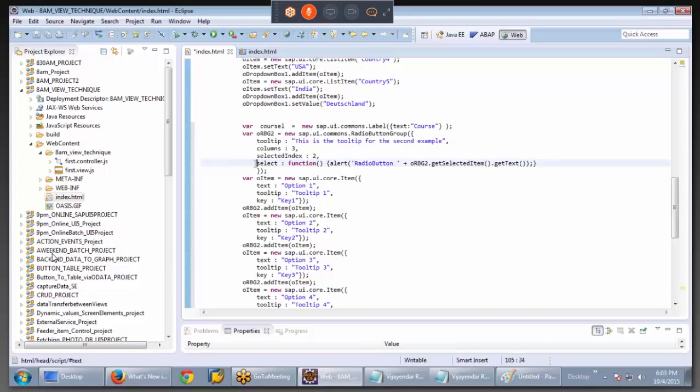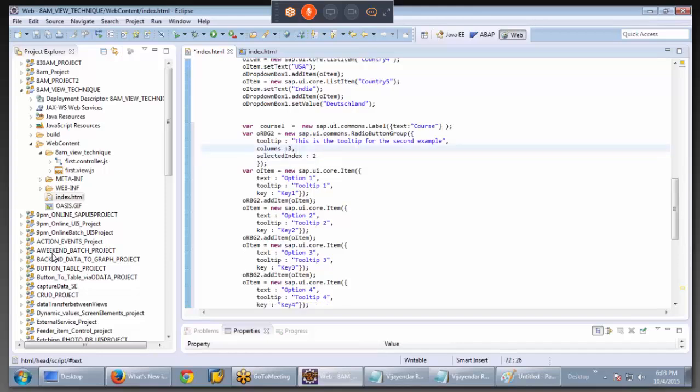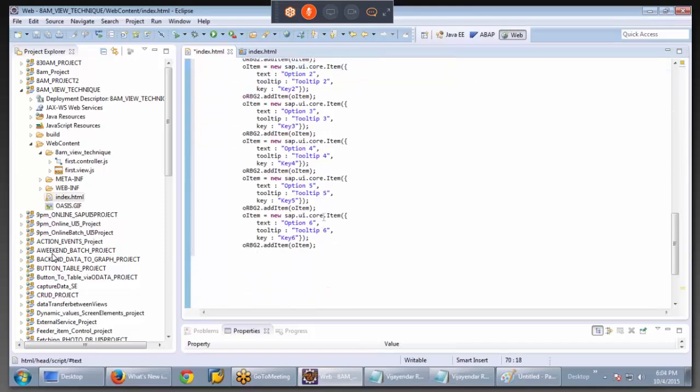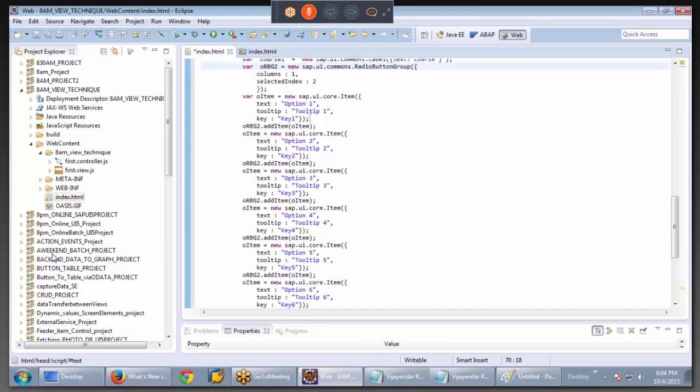So there's a code which is related to our radio button group. It's a radio button group. And for radio button group, I'm expecting some values, for example,